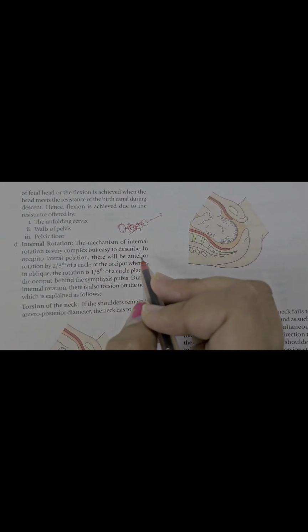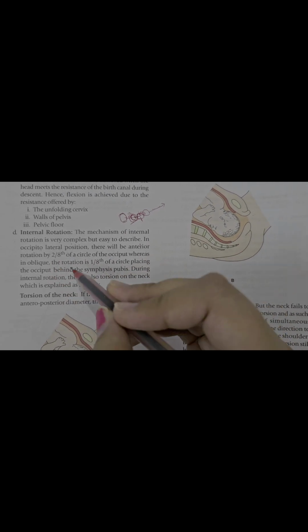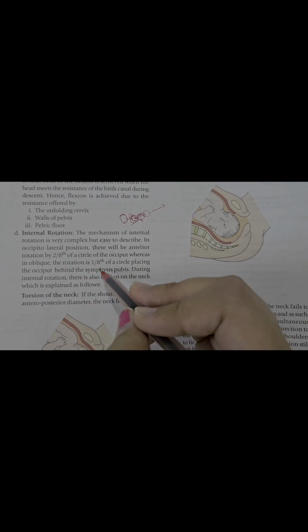If you have learned about the maternal pelvis, then you know the maternal pelvic diameters, and you should also learn about the fetal skull diameters. If you want to learn them both, you can comment. So this occiput part is in an oblique line. Now it comes to the rotating side, where there will be anterior rotation. The occiput in the oblique position rotates 1/8 of a circle, placing the occiput behind